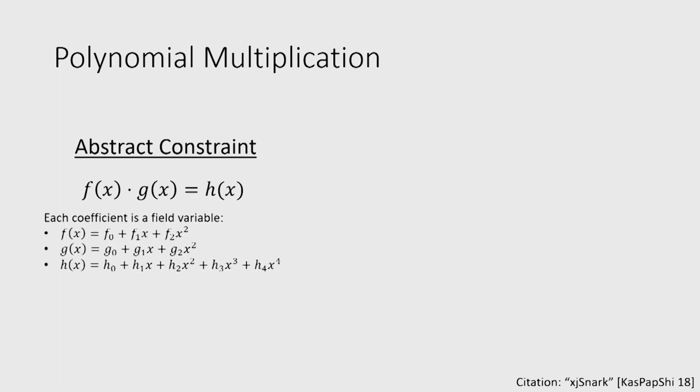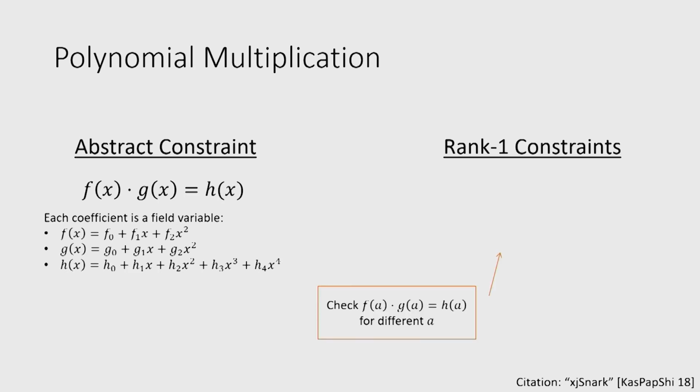We've gone ahead and encoded these polynomials as sequences of coefficients. These are the limbs from our natural numbers. And the way that we actually translate this to rank 1 constraints is as follows. We check that the polynomials evaluate to the same value at a number of different constant inputs. So we choose small constant a's and check that f of a times g of a is equal